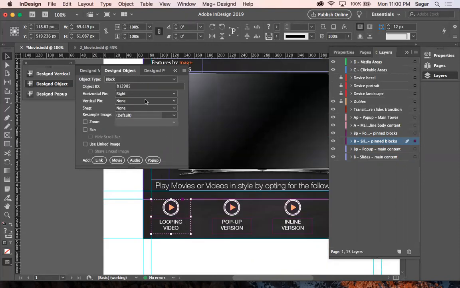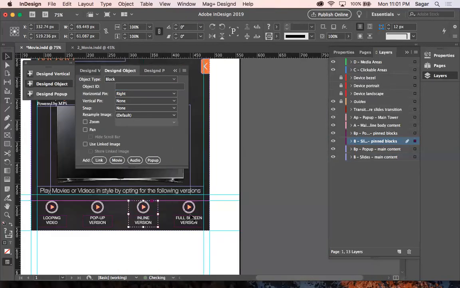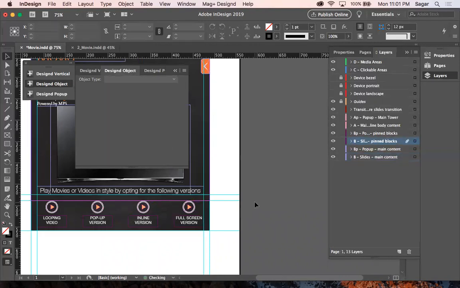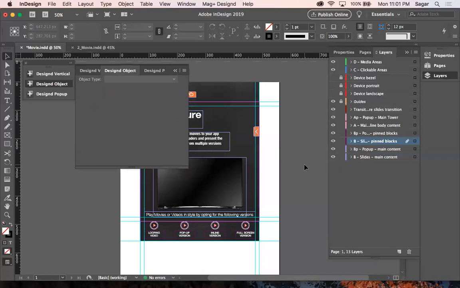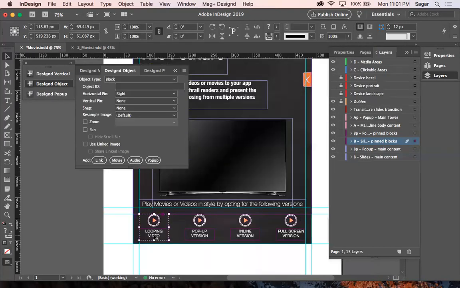Let's consider this. Currently it has an object ID because I just deleted a few clickable areas and the movie player in front of you, so it is assigned because of that. But currently I have made them unassigned, so they are fresh. And if you talk about clickable areas, there are no clickable areas. So let's consider this as a block, and you have to hit